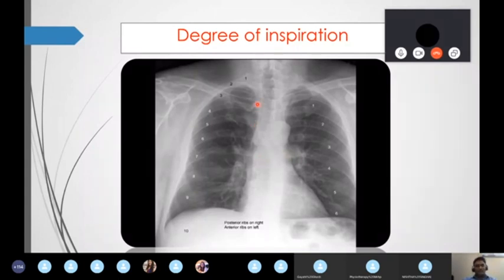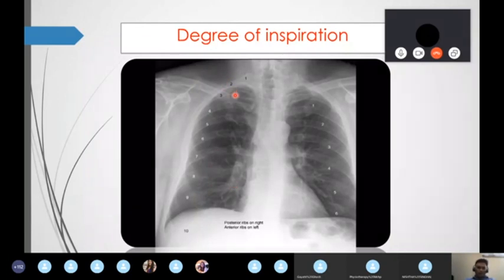I already clearly mentioned that whether you take an AP or PA X-ray, I am going to see both ribs. AP ribs always look oblique. You can see here on the left side, these are all oblique ribs. And in PA we are going to see horizontal ribs. Understand? So once again, AP ribs are always oblique, PA ribs are horizontal, whether you take an AP or PA view. Now how are you going to tell whether the lung is fully expanded or not?